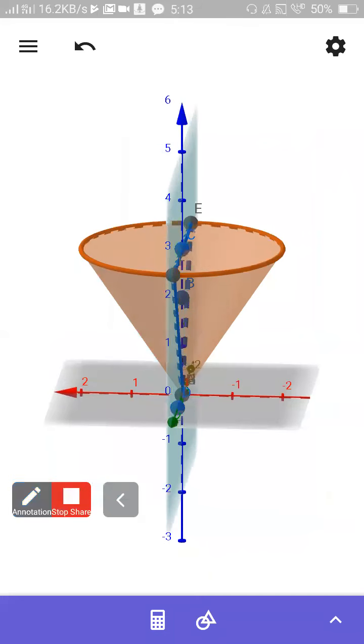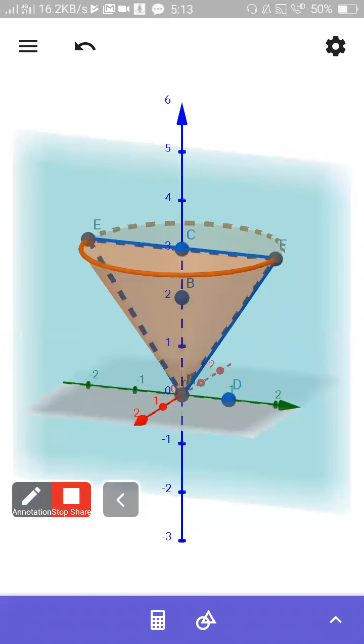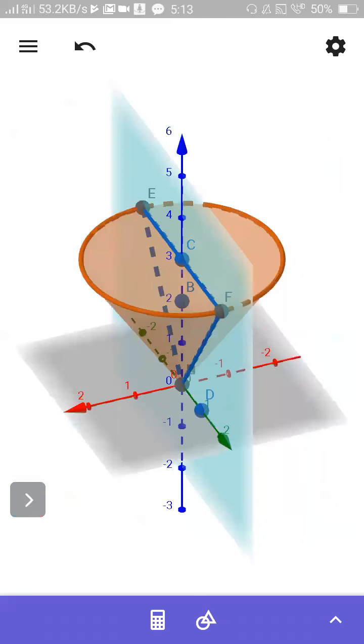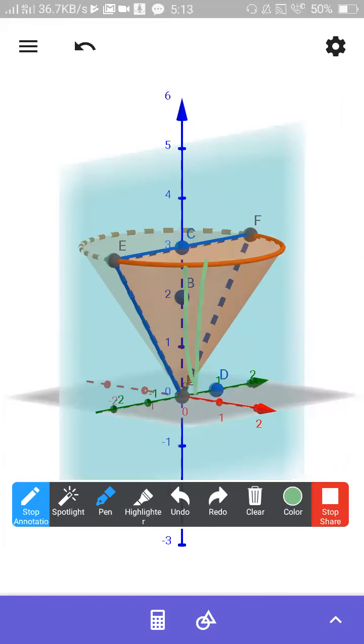So like this. In this case, you are getting this value. By changing the value, you can get any slanted line on the lateral surface of this cone. You can choose this line, this line, this line, or this line, accordingly. You have to choose your pi. Once you change the pi, the plane will change, the intersection will change, and you will get a corresponding slanted line.